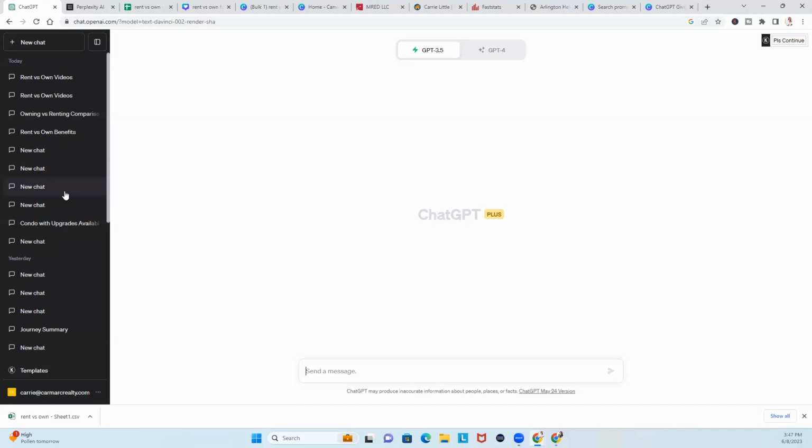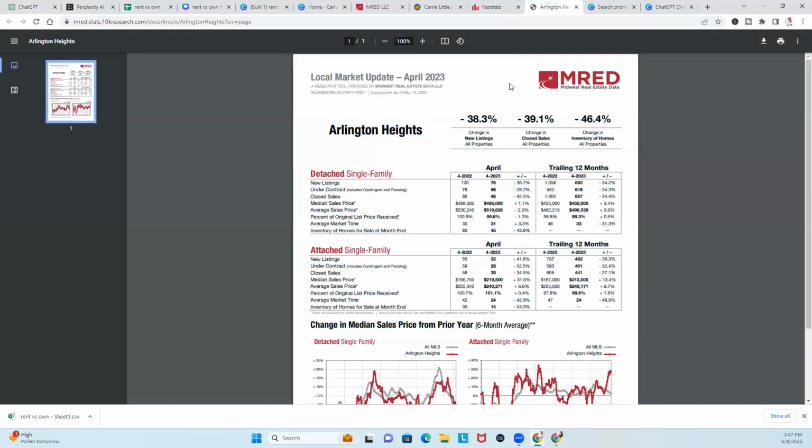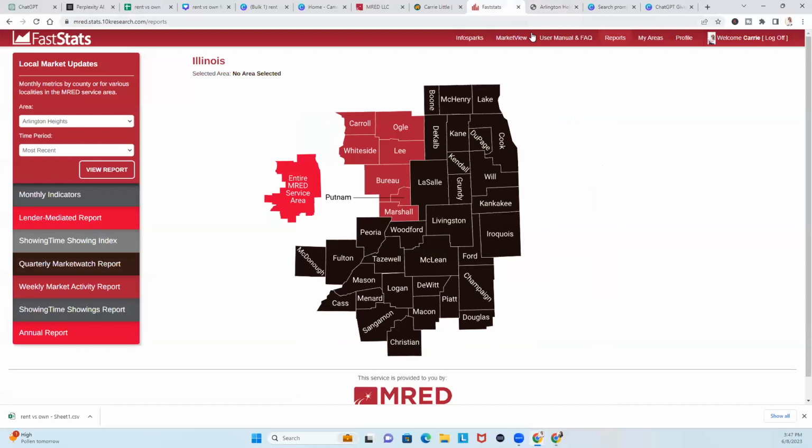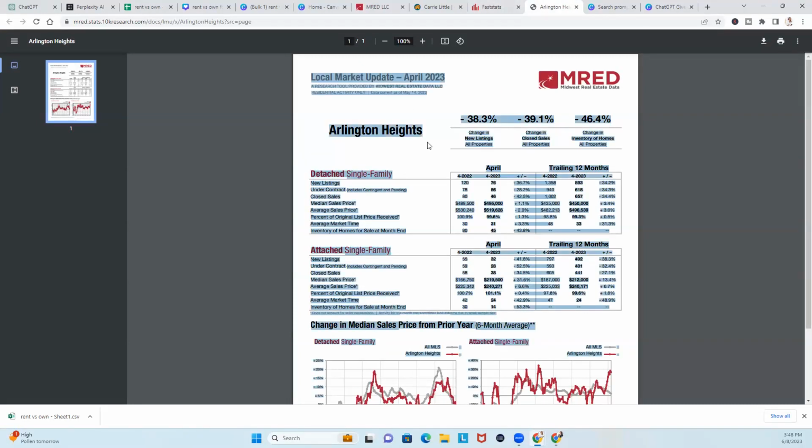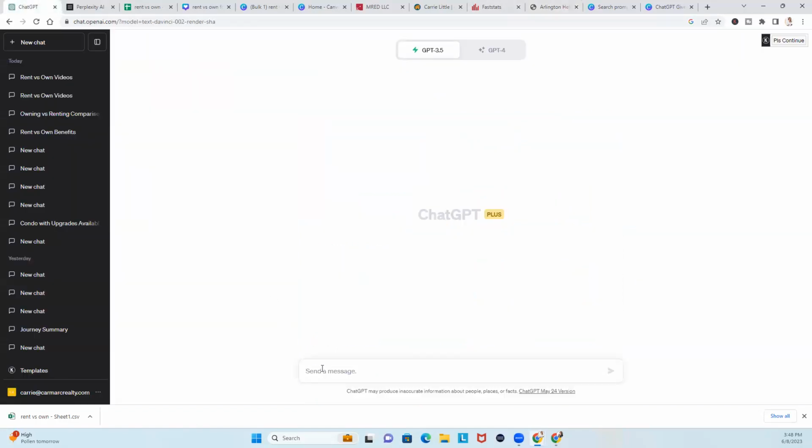So we're going to create a new prompt in a new section. And this time, I can't even think today. I'm going to use Arlington Heights for the data. I'm using InfoSparks. I went to reports and I went to fast facts and I picked the most recent. So I'm going to take this content, highlight it, and then we're going to throw it into ChatGPT and we are going to say, write